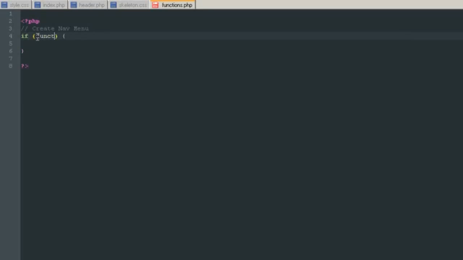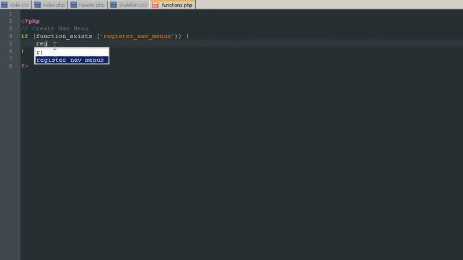So we're going to say if the function exists, so if register nav menus, if that exists, then we're going to go on and define register nav menus. We will define these within an array again. So we're going to say array